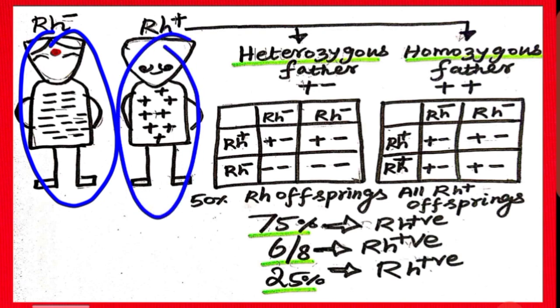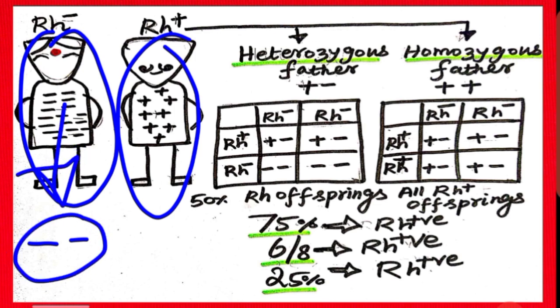In the negative phenotype, only one possible genotype will be there, that is minus and minus, the mother's genotype, right? However, for an RH positive phenotype, in dad's body, there are two different possibilities